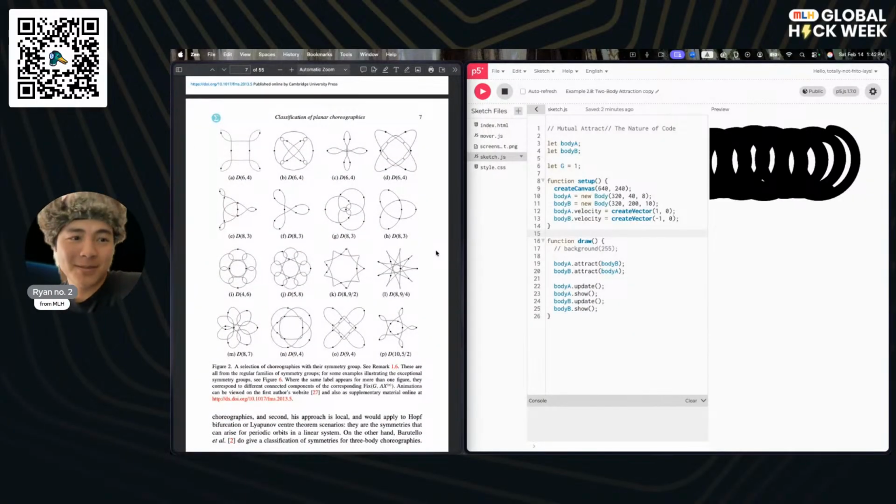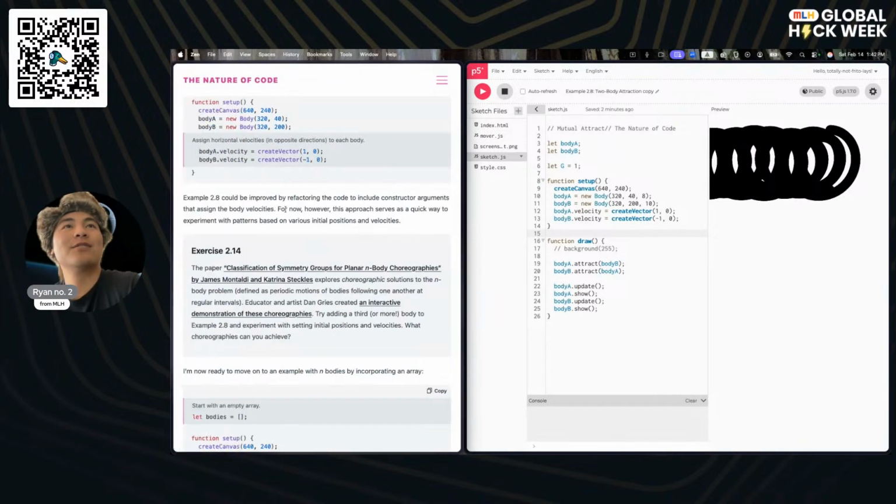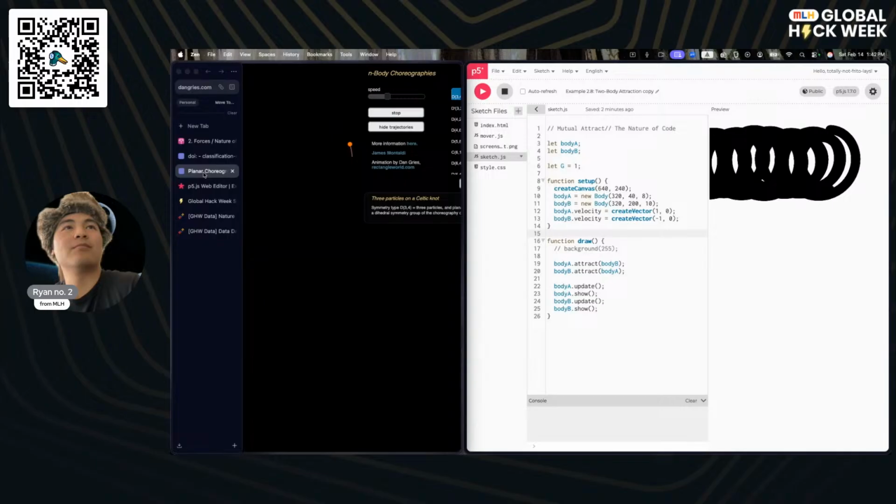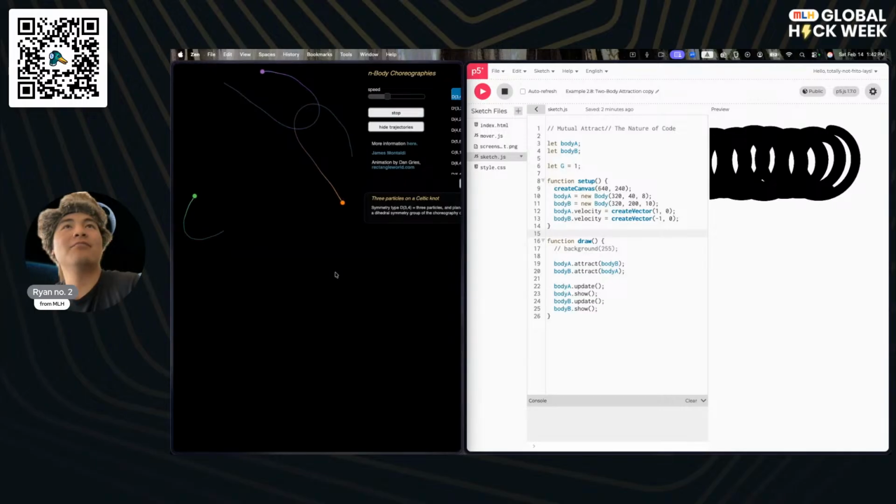Well, this kind of reminds me of chemistry with the electron, I forget what they're called, the stable electron orbit patterns. It's kind of giving me that vibe. Okay, but let's actually look at this n-body choreography.